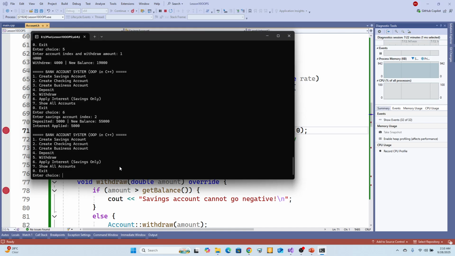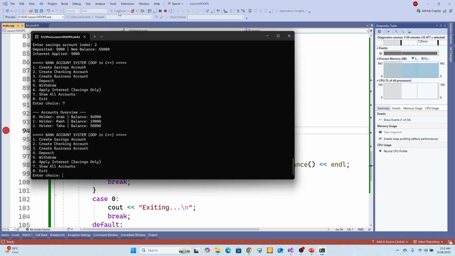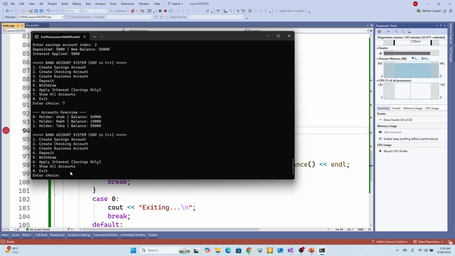So guys, we have discussed all the functionality of this our banking system, which implemented for the OOPs. And so once more you will want to see the balances of account, and let's check the balances again. So this is the current balances for each account,